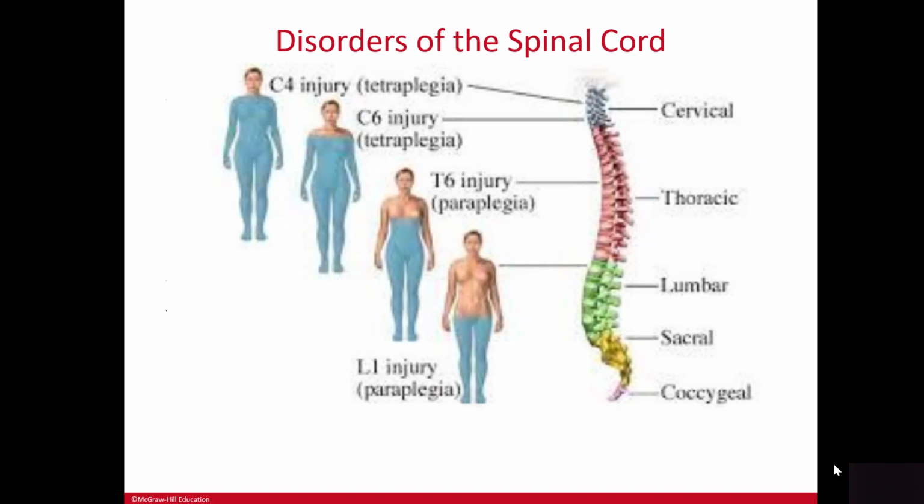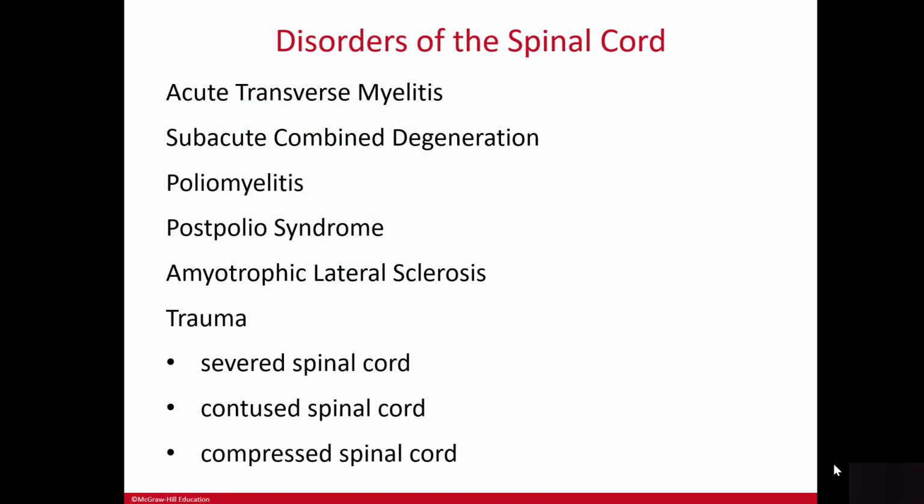Any injury to the spinal cord will result in a loss of function below the level of the injury. Because of the way the nerve tracts run up and down the spinal cord, remember I described it in a previous video like an elevator, any injury to the cord will stop the impulses from reaching the brain and there will be a loss of function below that level. If the spinal cord is severed, the loss of function is considered permanent until scientists can figure out a way to regenerate the nerves. Loss of function due to contusion and compression injuries can be reversed once the damage to the spinal cord has been healed.